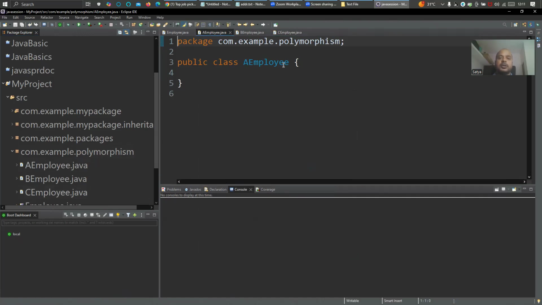So let's go to A employee, implements Employee, the interface. Let all of them implement the employee interface, right? So if you see the structure of this particular class,